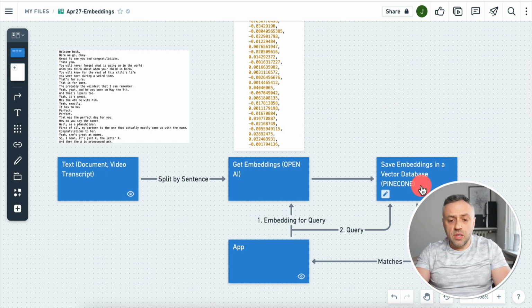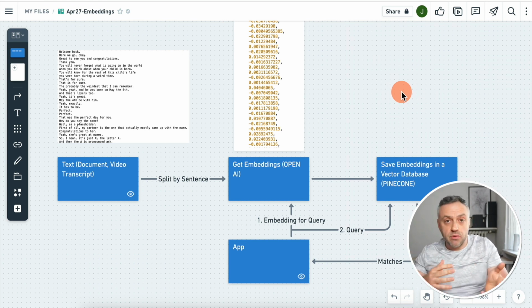Okay, and so this is a high level architecture of everything that you need to do in order to create a so-called long-term memory for your apps, long-term memory for your chatbots or different kinds of apps that you're going to be building. All right, so now that I've shown you the architecture here, let me show you exactly what